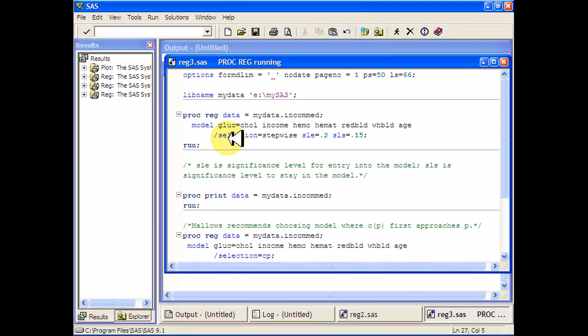Let's talk a little bit about selection methods in SAS. So suppose I have this medical data set we've been working with, and it has a whole bunch of variables in it. I'm particularly interested in the continuous variables, and I've got a list of them here. And I don't know which variables I want to include in the model, and so I'm going to run this